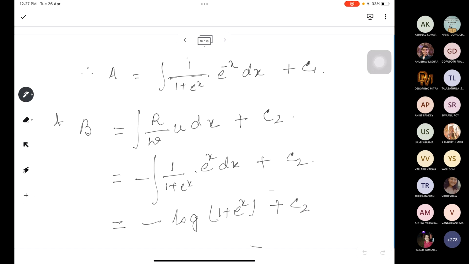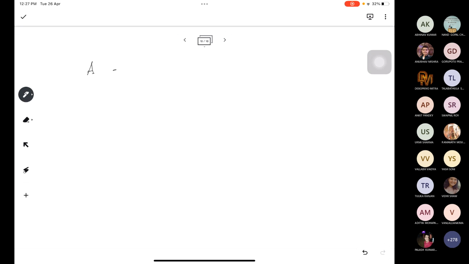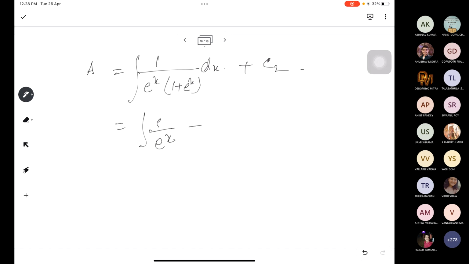Now for a, one by e to the power of x. So integrating the first one, e to the power of minus x dx, so minus